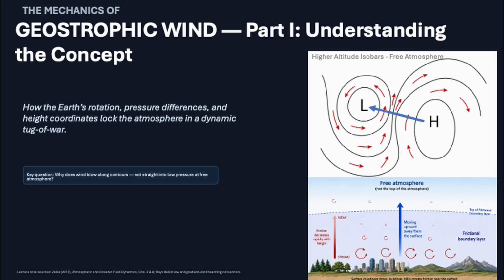The wind often blows almost parallel to the pressure or geopotential-height contours on upper air maps, rather than directly across them. So here is our question. Why doesn't the wind simply follow the pressure gradient force? What turns the air? To answer that, we are going to follow a single air parcel and begin with one